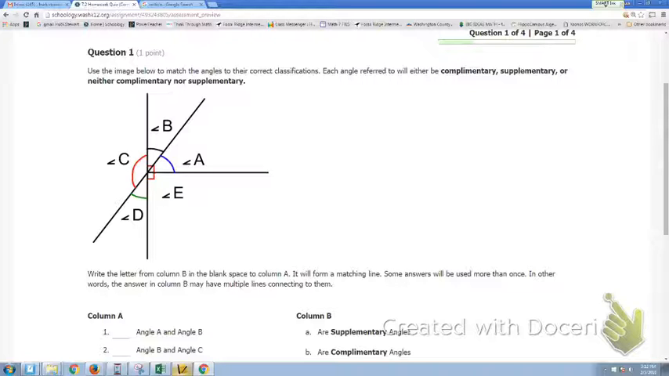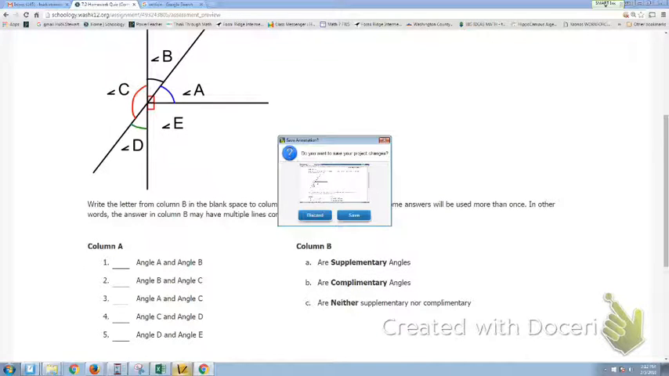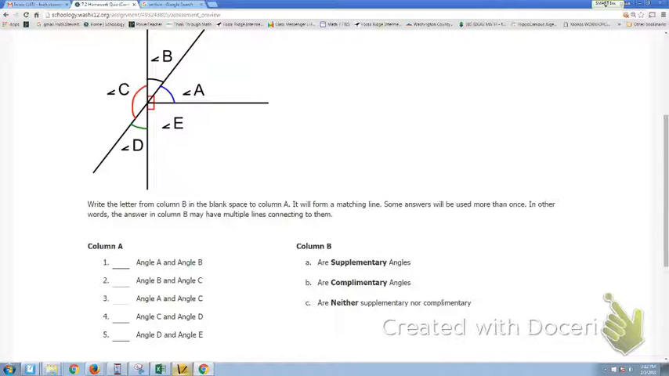The first question reads, use the image below to match the angles to their correct classifications. So notice how we just have letters here, not numbers, so it doesn't really matter. What we're going to do is just compare them and say, okay, are these pairs complementary, supplementary, or neither? And so that's what we're going to be doing here. So let's take a look at this. If you notice, the image has two intersecting lines here,